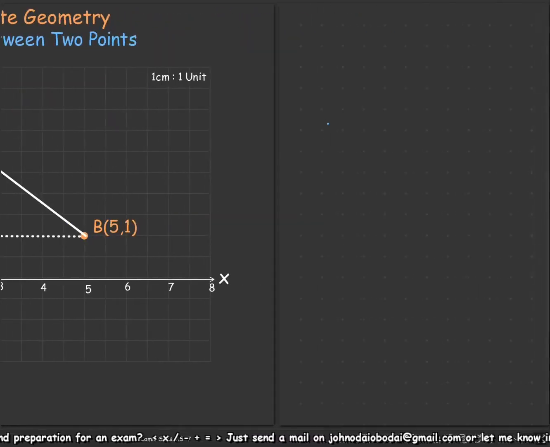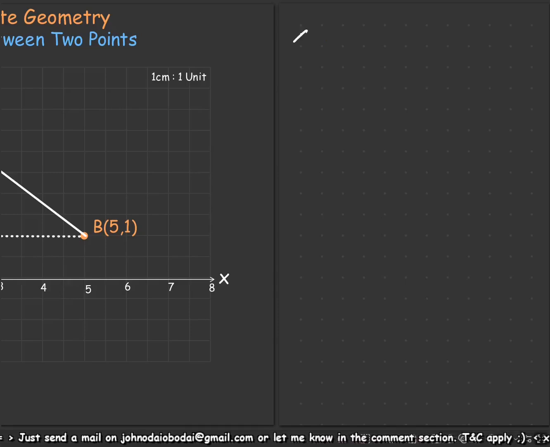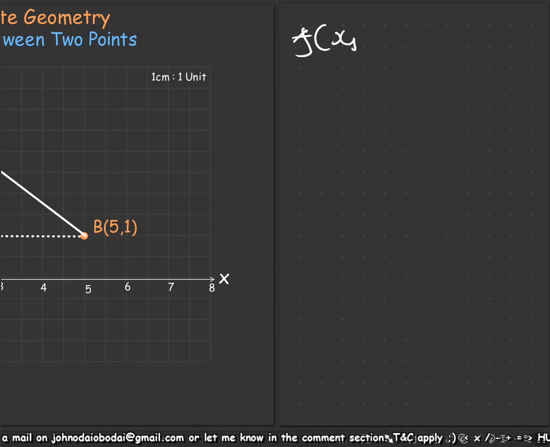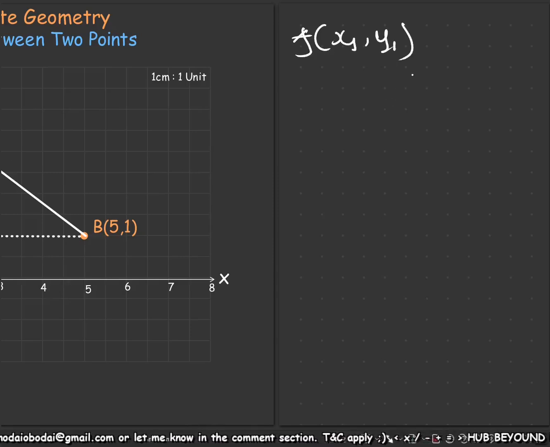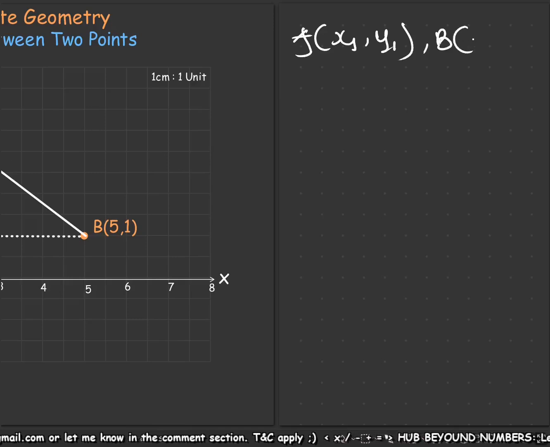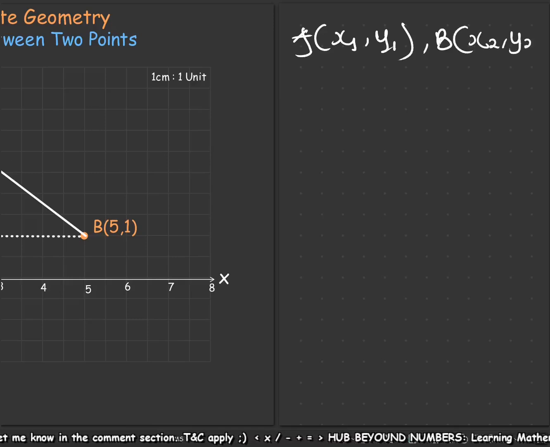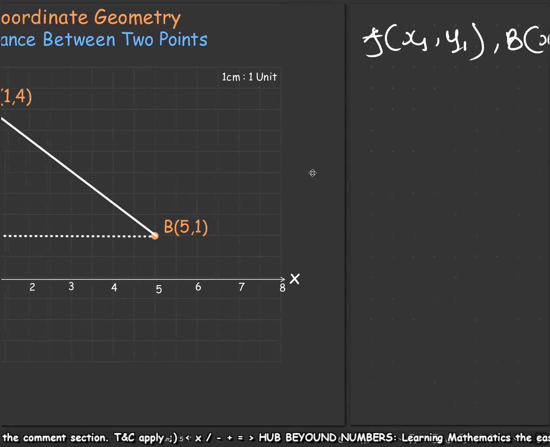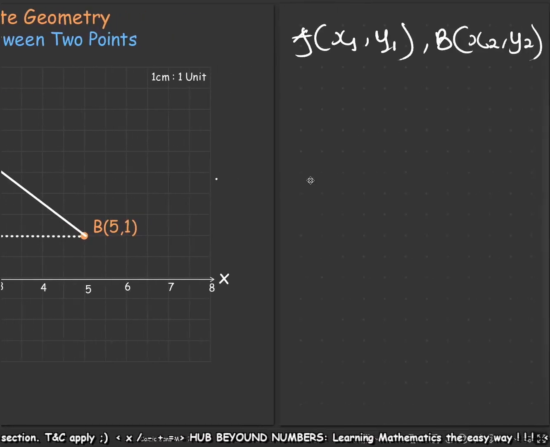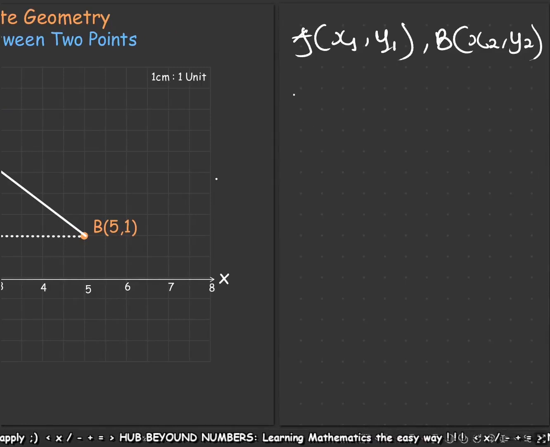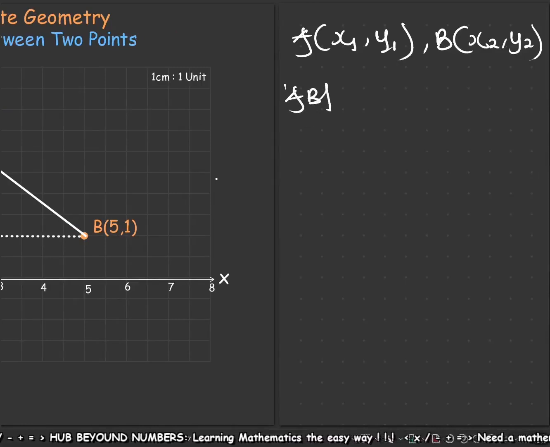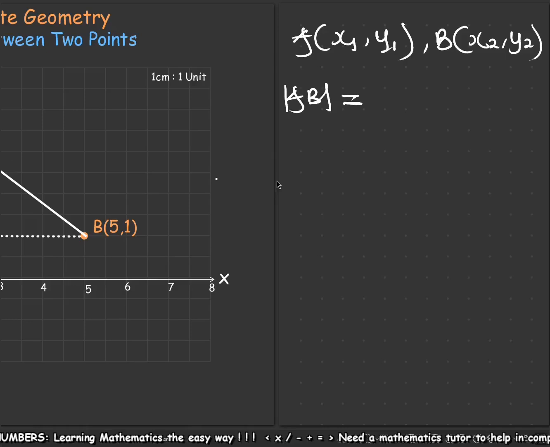So generally, the formula we need is this. If you have 2 points, let's say you have point A, which has coordinates x1 and y1. And you have a point B, which has another coordinate x2 and y2. Then for the length of AB, or the magnitude of AB, written as AB with these two lines representing it, it is equal to, so take note of the formula very carefully. It is equal to